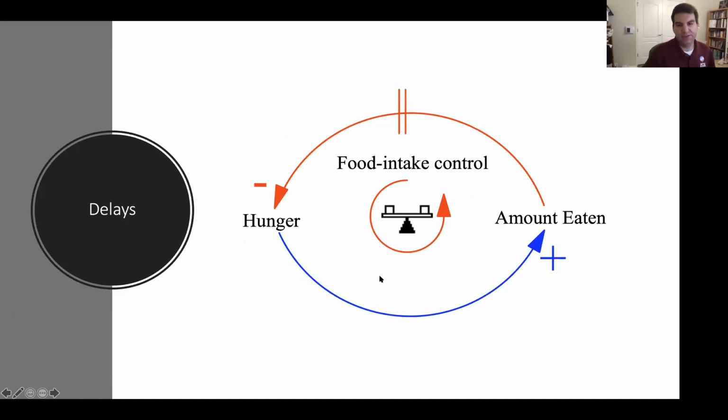So, delays. This is a causal loop diagram that we saw when we were first bringing up causal loop diagrams. It represents the kind of intake regulation that hunger is involved in. You are hungry, and so you eat more food, and then as you eat more food, you get less hungry, and so gradually you stop eating and your hunger goes away. So it's a way of bringing your hunger back into balance at zero. But we know that as you eat food, there's some delay in how long it takes until you stop being hungry. And it is this delay, with these two little bars marked up here, that we're focusing on. How do we implement that in a